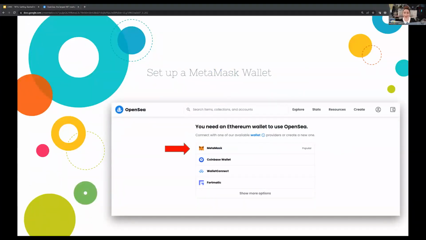And now you need a wallet that's Ethereum based. So that means that it's built on the Ethereum blockchain. And we'll start with MetaMask, but you can also use Coinbase now if you have that. There are different options if you have a different wallet that you prefer to use. But the most popular for trading cryptocurrencies is Coinbase, but MetaMask is popular for NFTs and minting NFTs. So we're going to use MetaMask today, but there are a ton of others that are listed. So give everybody a minute to do that.